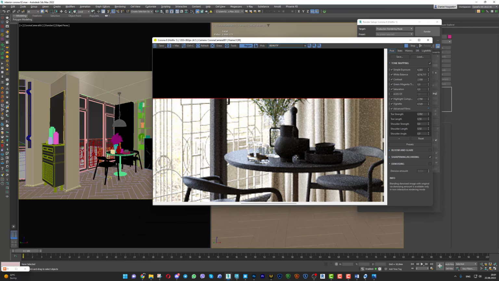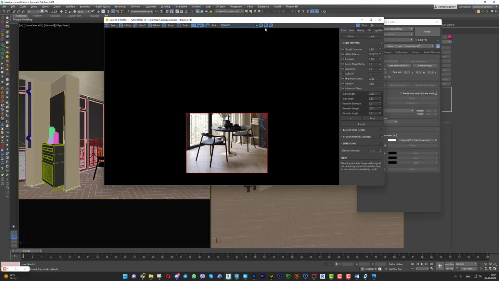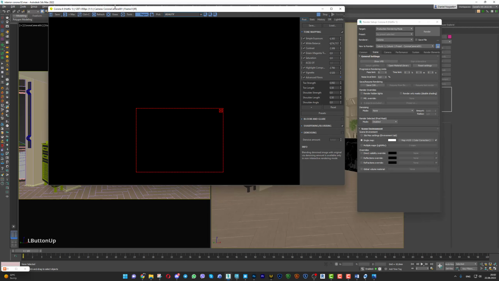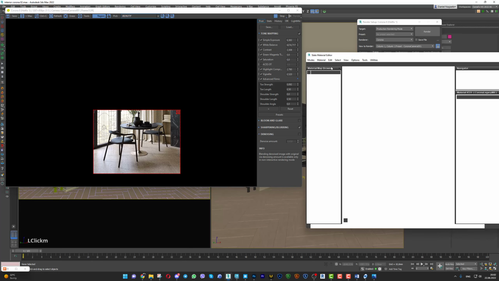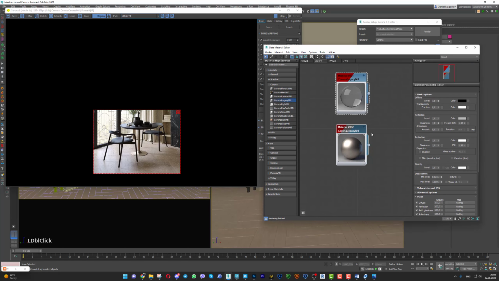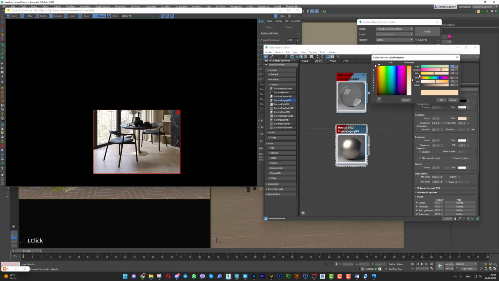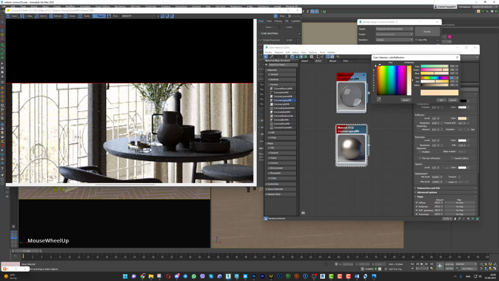That looks good, but I'm not sure this is the color we need. So let's change it a little bit. Right now it's too red. It should be much closer to yellow. 25, let it be 25. Yes, that's exactly what we need. So I will leave exactly this color, but probably the glass should be not so